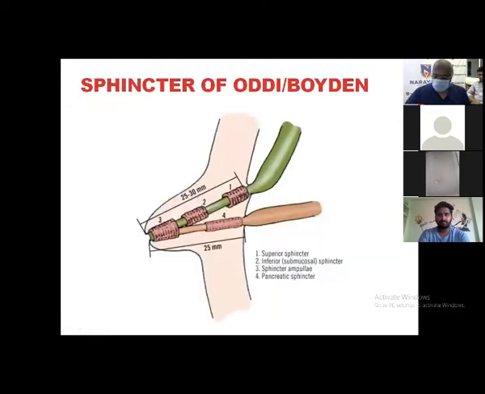These ducts are guarded by a certain number of sphincters, especially the CBD, which has altogether 3 sphincters. That is a superior sphincter, which is muscular. This is submucosal, that is sphincter number 2, or the inferior sphincter, and both combine and join the sphincter of the periampullary area, the sphincter of the ampulla. This is the pancreatic sphincter. So that is how it is. The bile duct has 2 sphincters along with the ampullary sphincter, and the pancreatic duct has 1 sphincter along with the ampullary sphincter.